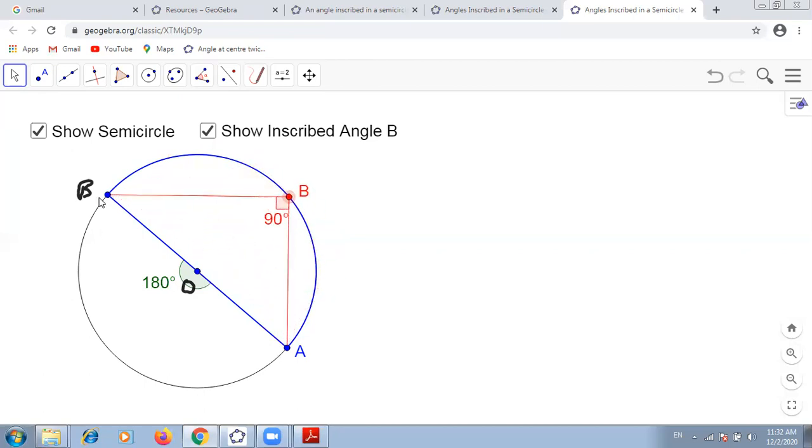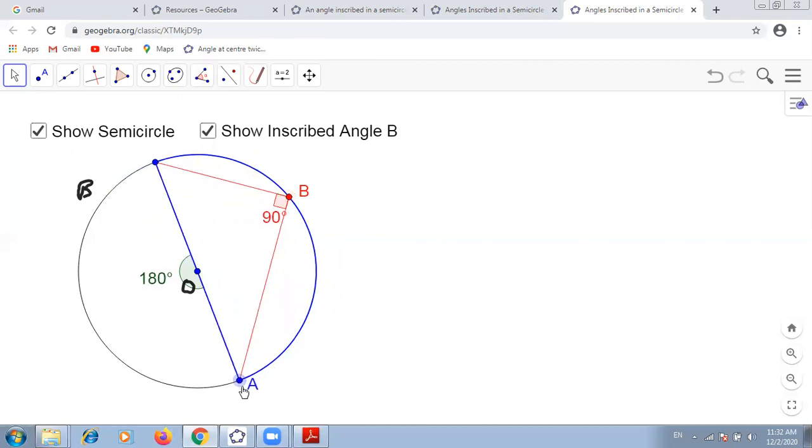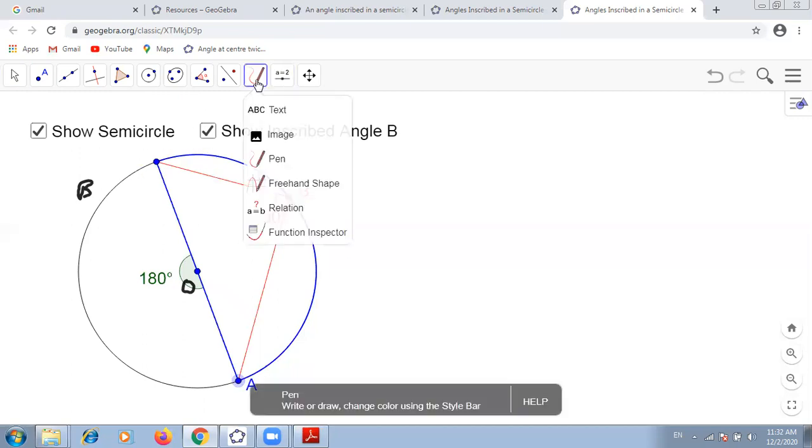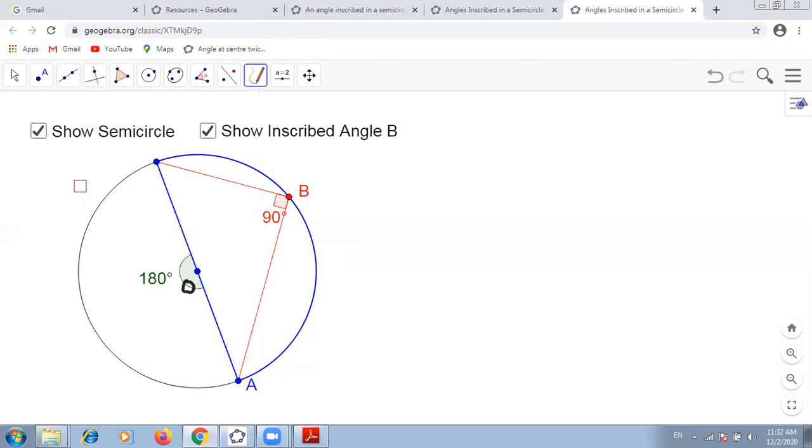Whenever we drag it, or if you want to change this, now the point B is here. Still the center angle is 180 and the angle inscribed in a semicircle is a right angle, or you can say equal to 90 degrees because it is in a semicircle. So that is our second theorem. I hope you remember this and can now utilize it in solving different problems related to finding the value of any angle.